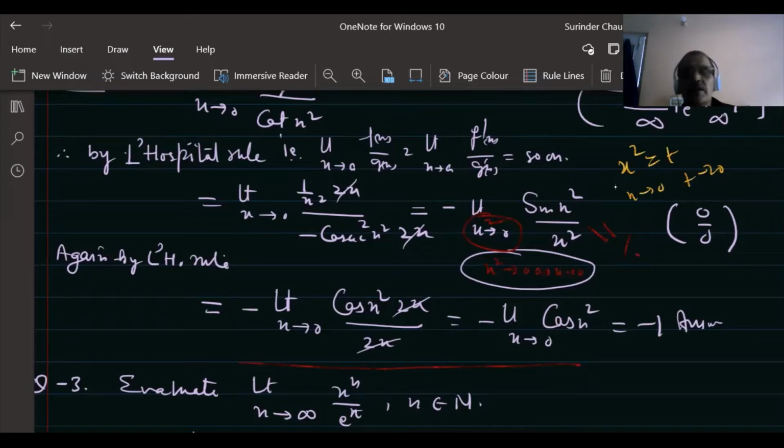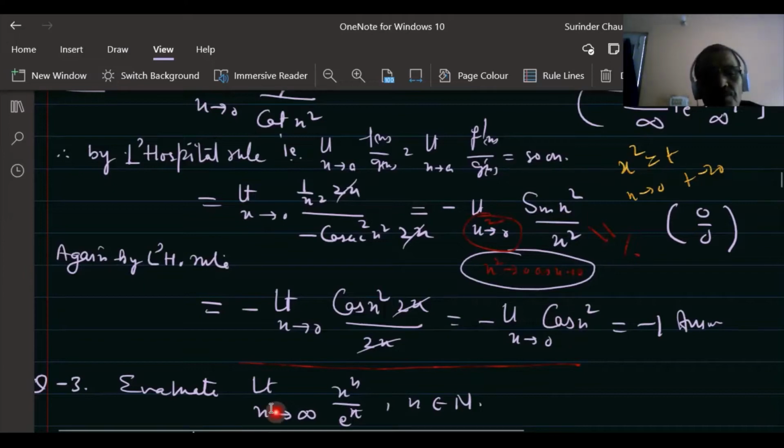Or, because this is 0 form, the formula can also be applied. I told you, you have to apply the formula if it is available before solving the problem this way, or if 0 form and infinite form is there, you can apply L'Hospital rule also. So the derivative: f'(x) upon g'(x). This is equal to 2x sin x square cos x square, and the derivative of x is 2x, 2x cancels, this cos.